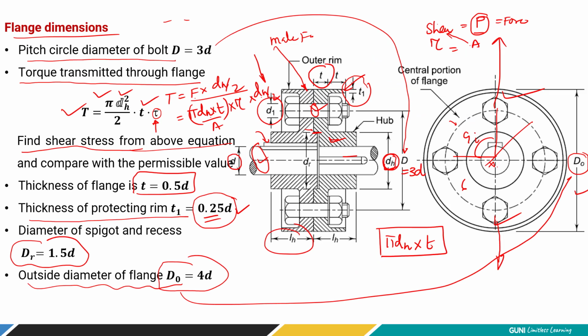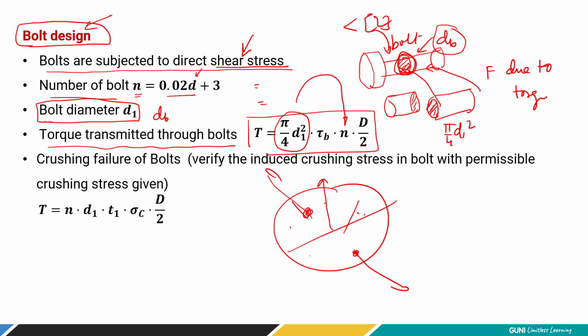Let's recall this figure. Let's say a 10 kilonewton force is acting, but there are 4 bolts bearing the same load, so we have to divide by 4. We have to consider the number of bolts. So in this equation, the area of a single bolt and the number of bolts together make the overall area. Now here we are multiplying with the shear stress induced in the bolt, and this makes the force, and the same force is acting at capital D by 2.